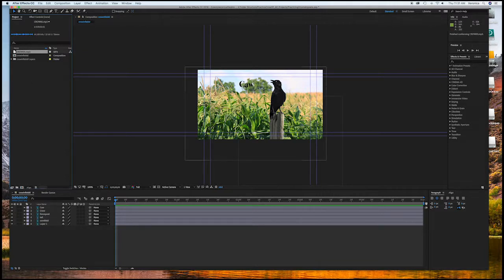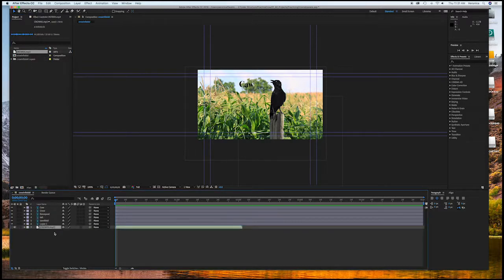So here is the file, and it shows you that all the layers are there, and it shows that the layer sizes are intact. So you can change anything you want to here. You can pan and zoom and do whatever, because it's all still available to you. I'm going to take the crow sound and drag it down here, and that is how you put your sound in. This sound is only about 2 seconds long, so I want it to happen after the crow's been sitting